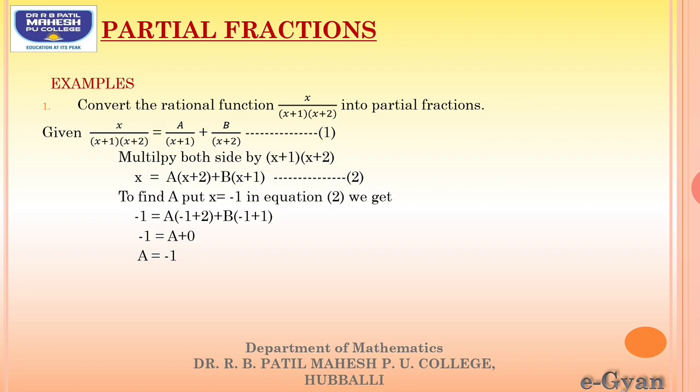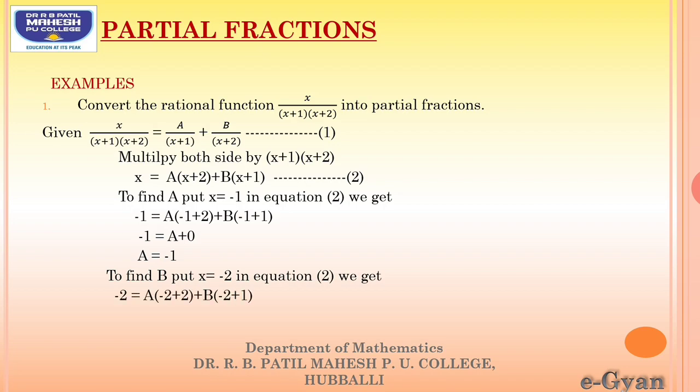Now similarly you have to find the second one. Again, refer to the same equation number 2. From this equation number 2, to find b, put x equal to minus 2. Here, if you want to find b, the first term should be 0. For what value of x is the first term 0? Here a into (x plus 2) is there. So this term is 0 when we substitute x equal to minus 2. That value has to be substituted throughout equation number 2.